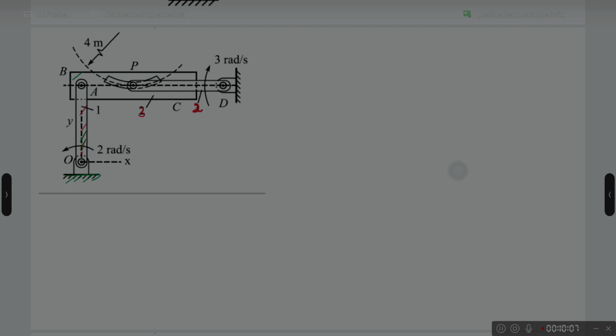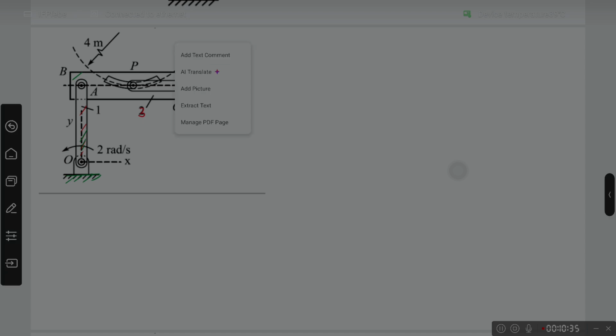What I mean by this type is an assembly of RB is given, constrained from two or more sides, and we are being asked to find the angular velocity or angular acceleration of one of the RBs in the assembly. This is how I define this type of problem. To solve this type of problem, first step is to identify